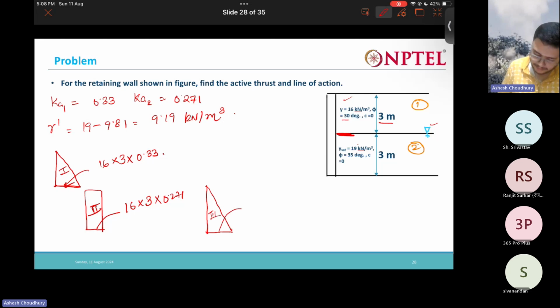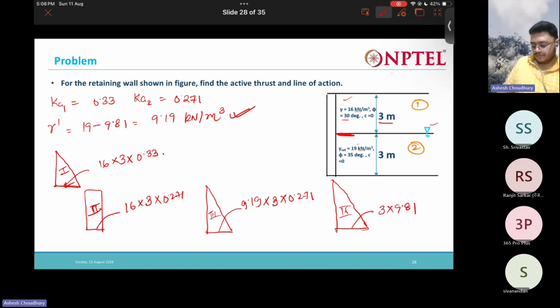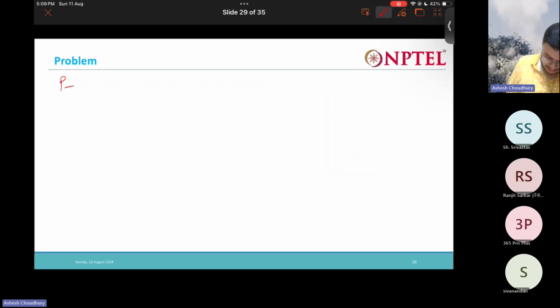What will be this? It is submerged, right? So 9.19 times 3 times 0.271, plus one more last thing due to water. The water is going to be how much? 3 into 9.81. So you have to somehow find the area of all these figures. So I will just directly write it down. P1 is going to be